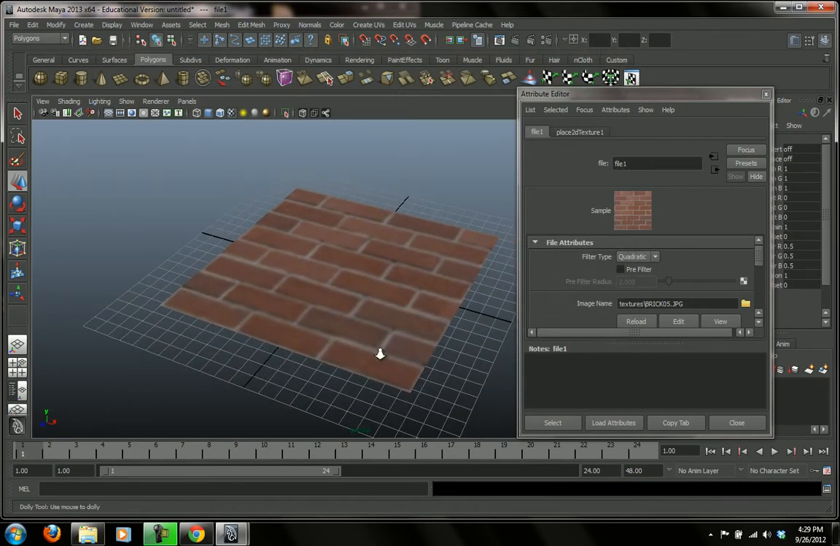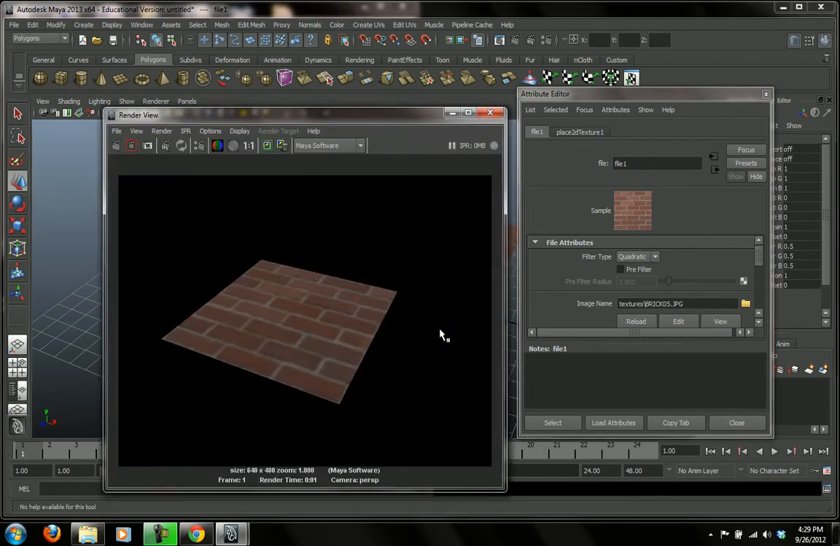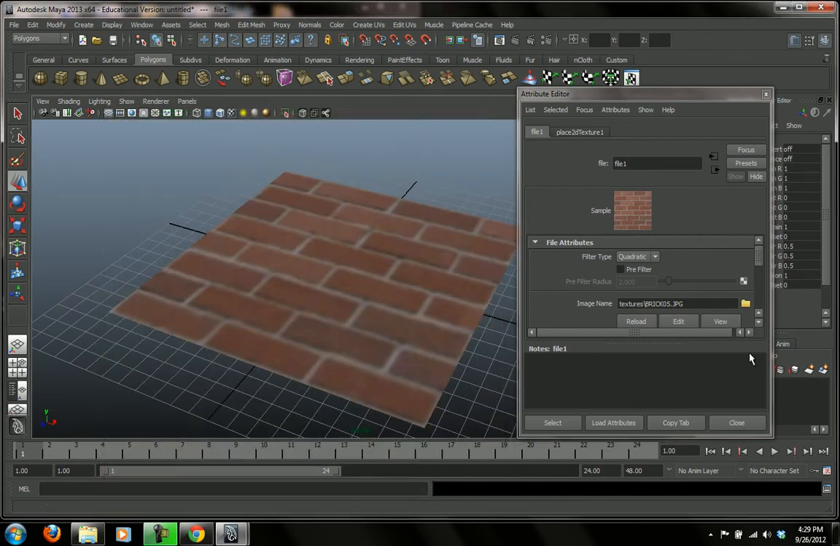I have that brick wall image placed on the polygon here, and if I were to do a little test render, you can see what it's going to look like if it's rendered. However, you can see that it's just put the brick wall image on, and it hasn't really sized it up. So what I want to do